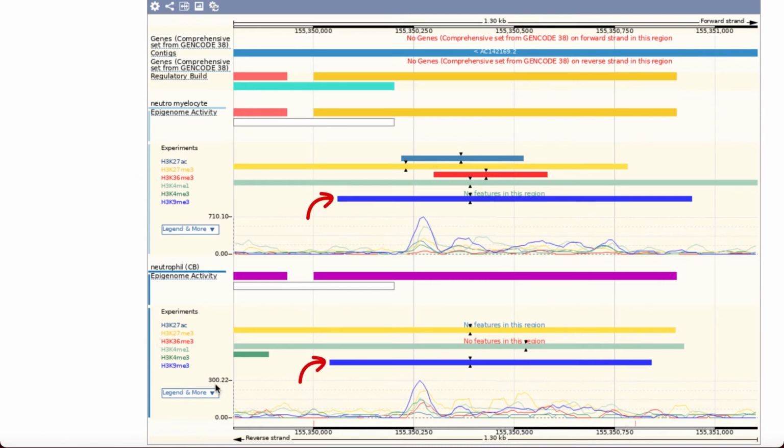Both cell types have trimethylation of histone H3 at lysine 9 and 27, and monomethylation of histone H3 at lysine 4, while neutromyelocyte cells also have acetylation of histone H3 at lysine 27 and trimethylation of histone H3 at lysine 36. Different clusters of peaks indicate different epigenetic profiles for these two cell types, with neutrophil CB cells missing some elements needed for the enhancer activation at this locus.